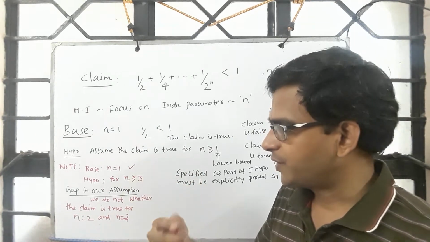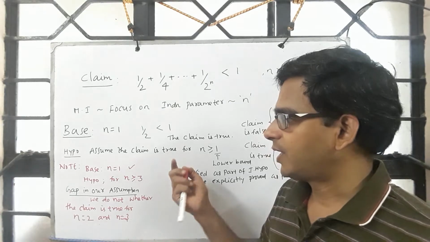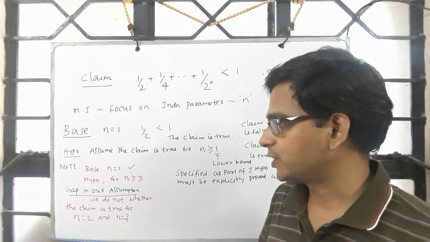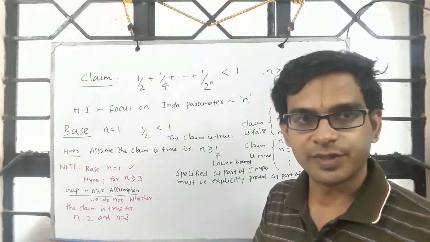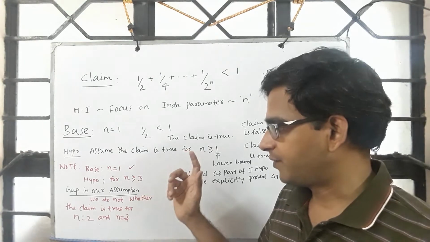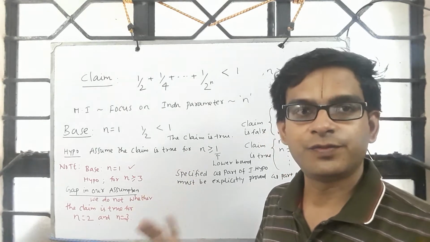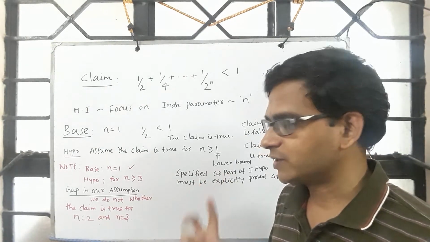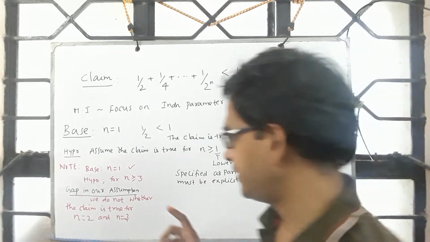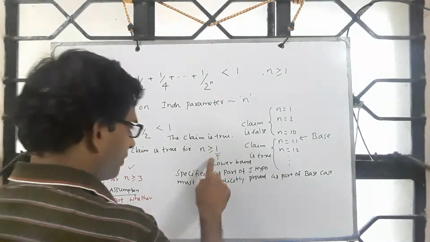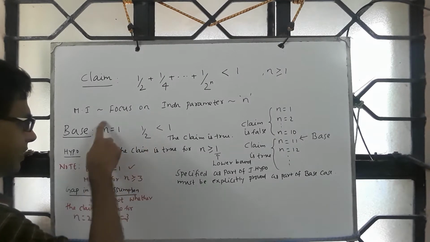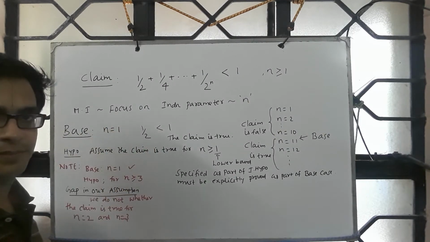And n is equal to 1 and 2, it is up to you. We don't really give importance to n is equal to 1 and 2. It may be true. If it is true, you give. But for n is equal to 3, the proof must be given, and only then the process is valid. Okay, so please keep this in mind. The lower bound that we fix here, we should have proved that explicitly as part of the base case.